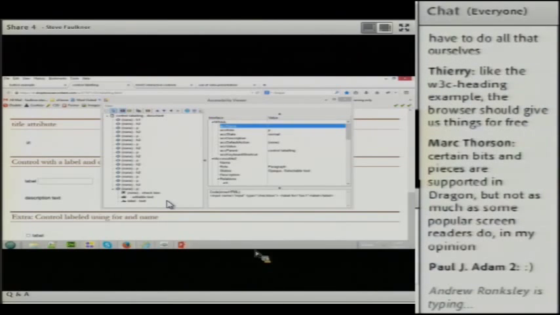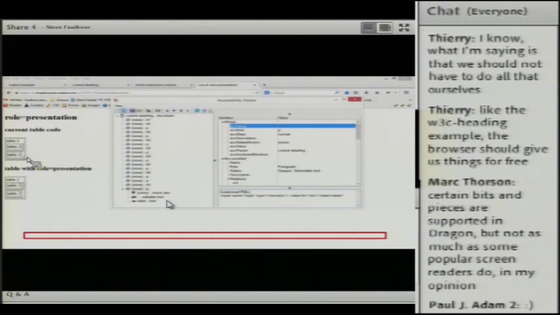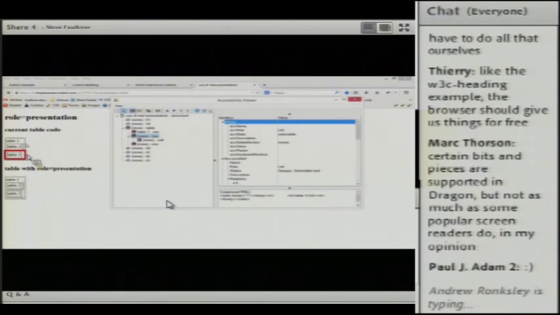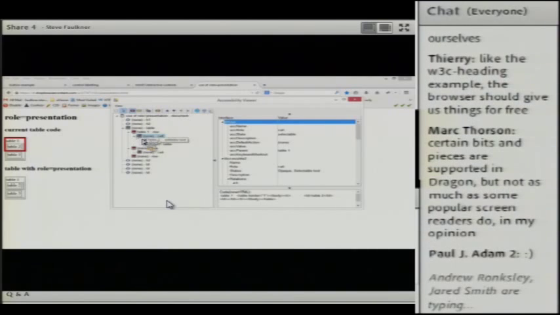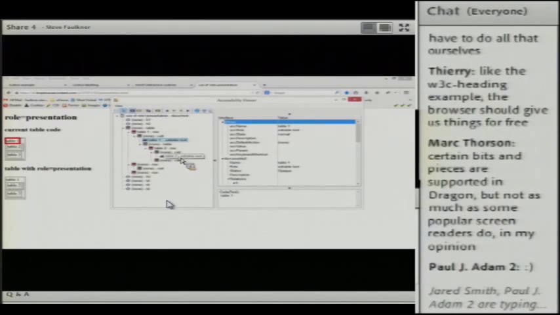Okay. So how are we going now? We've got 47. I'll just show you quickly an example of these. And this is a table. So we've got an HTML table, and remember this is the inner HTML, so it's not actually showing the table itself. This is an example of where we've got nested tables and tables used for layout. And so what you can see here is that when we look at the tree, everything gets shown.